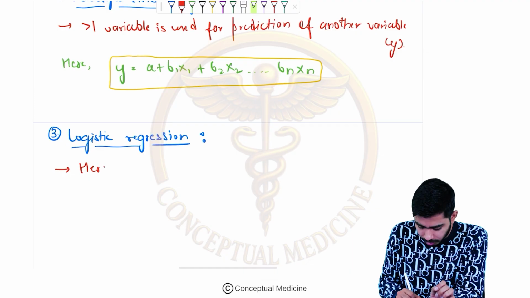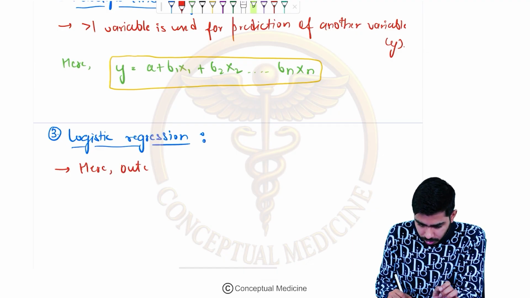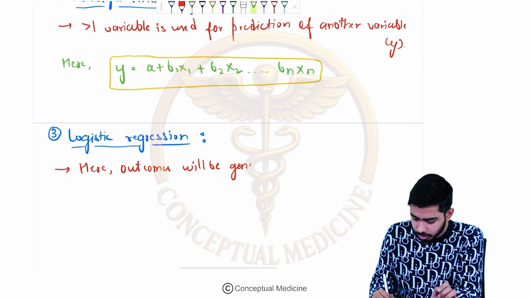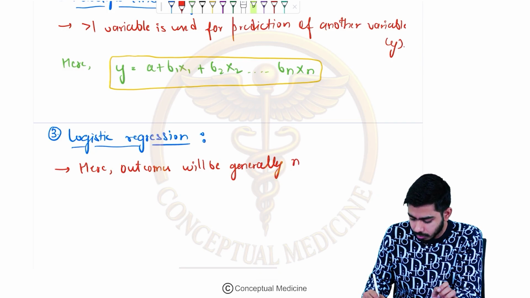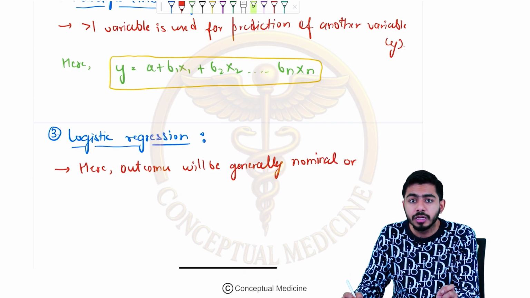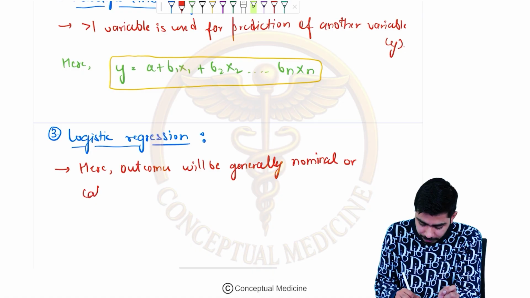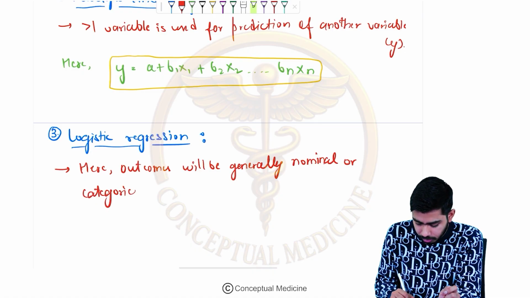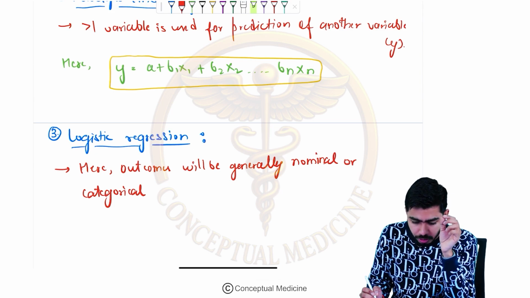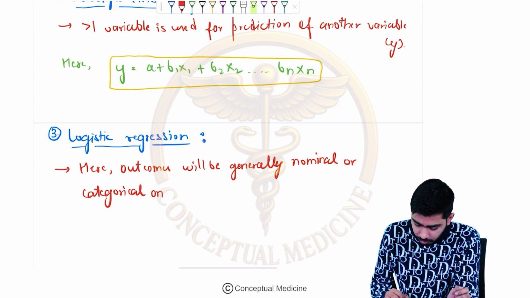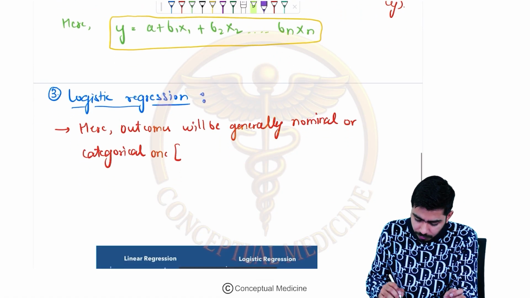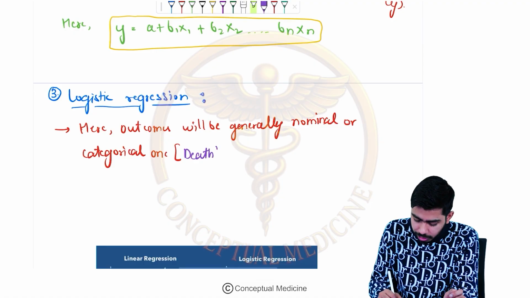So here we shall write that outcomes will generally be nominal, or it might be categorical. It might be categorical, but not numerical, right? It might be nominal or it might be categorical. Like some of the examples I shall mention over here. For example, death or survival,